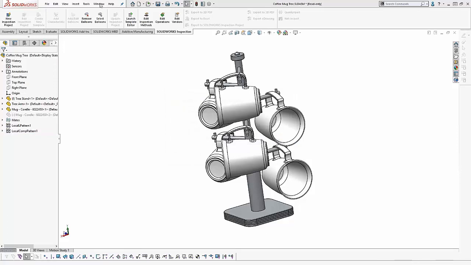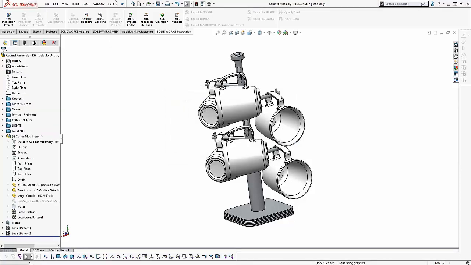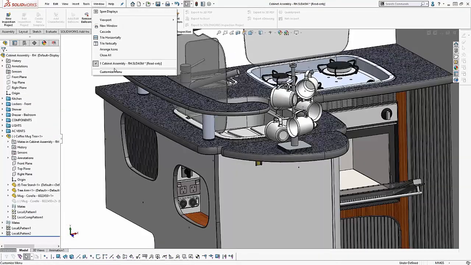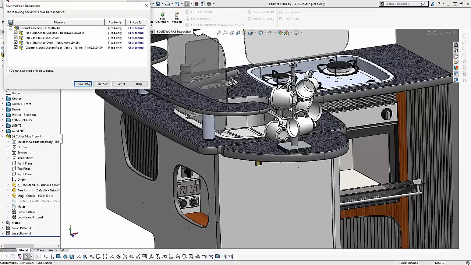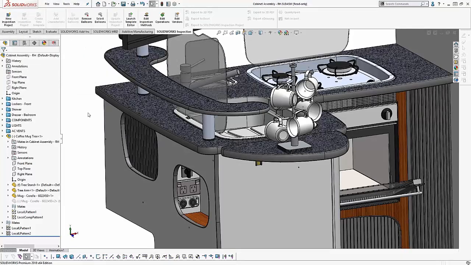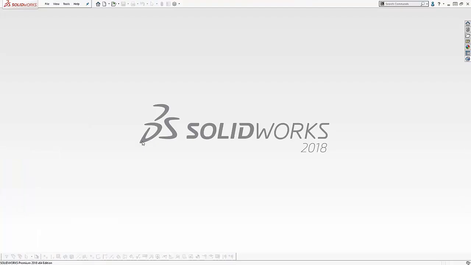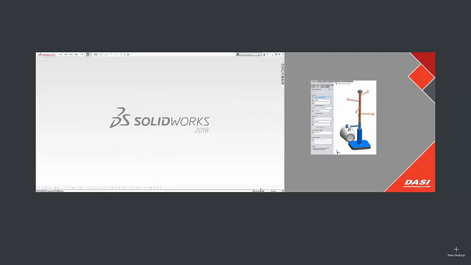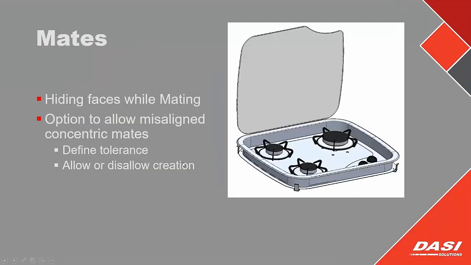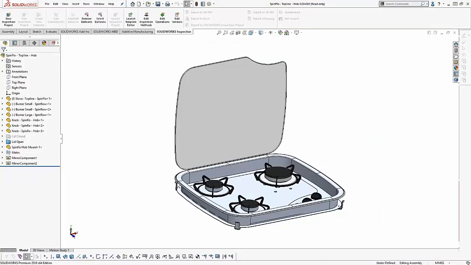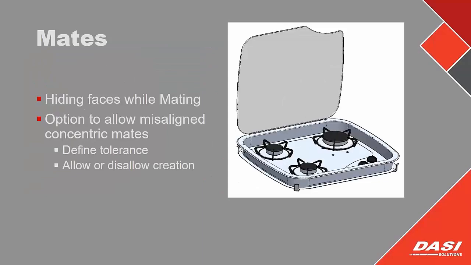All right, let me go ahead and close all this, and then we'll jump into the next feature. The next one's actually some pretty cool functionality we have for SOLIDWORKS 2018. We're going to be talking a little bit about mates. While that's opening up, what we're going to talk about is some new functionality for hiding mates or hiding faces